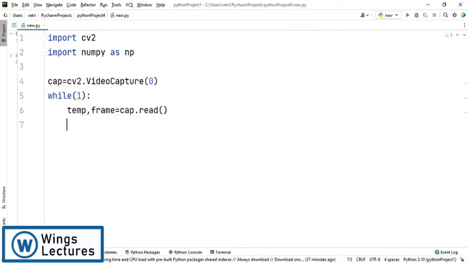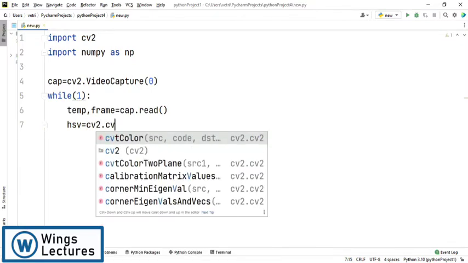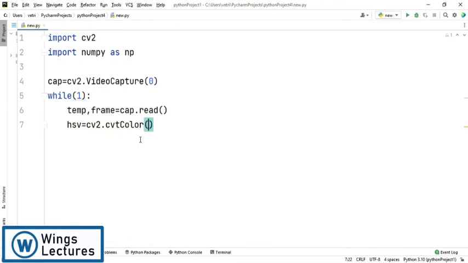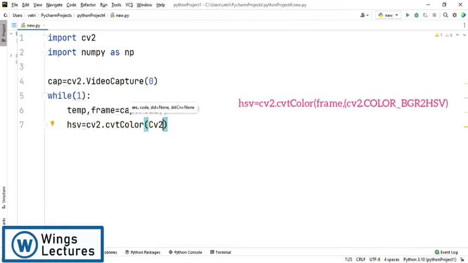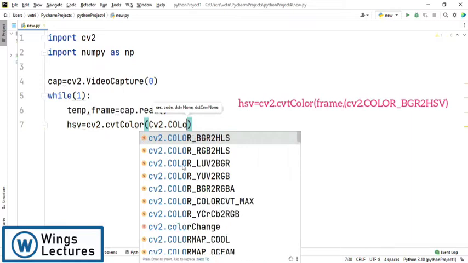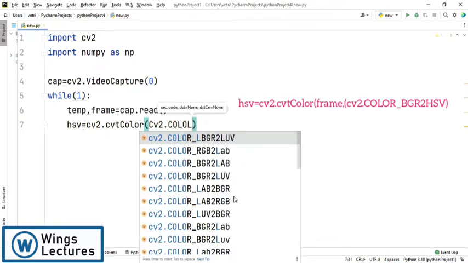Then we can convert the given image into a grayscale image, right? Now what we are going to do is use another method called HSV format, which is nothing but hue, saturation and value. Using this format I'm going to convert the color. So let's see, cv2 convert color, and then cv2 dot, we know these keywords, color BGR2. I already told you HSV format. So color underscore